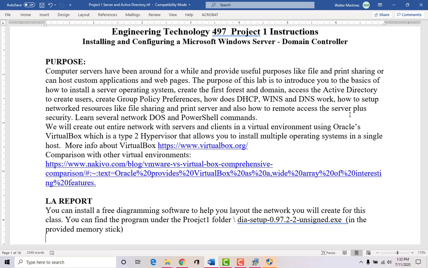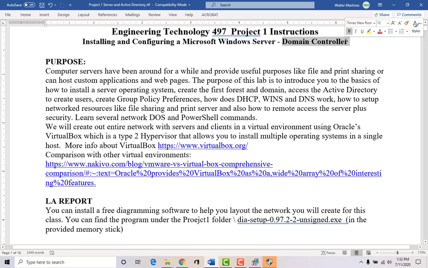One can be your web server, one can be your database server, one can be your file share server, and it's called a forest. So you can have a forest of servers, and the primary server that hosts all the users and everything else that has to do with security is called a domain controller. All right, so this is called a domain controller.